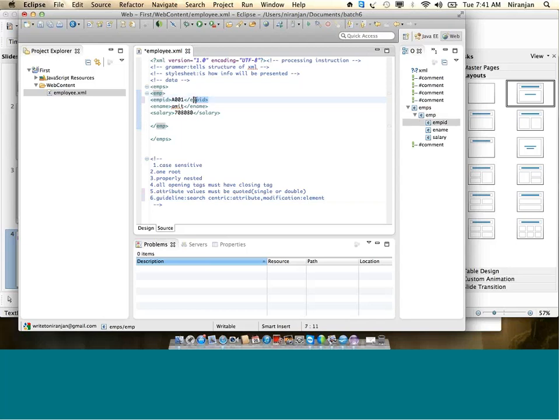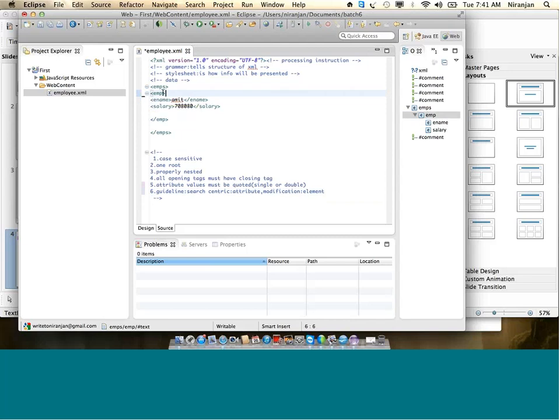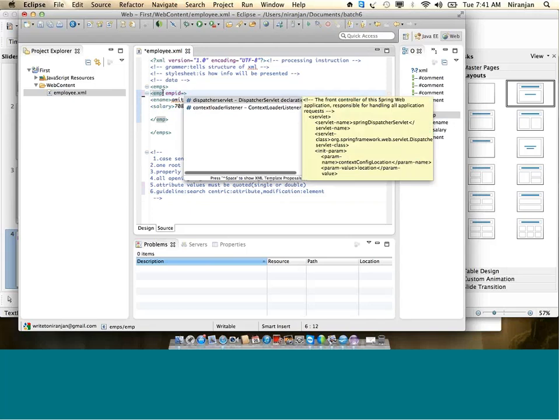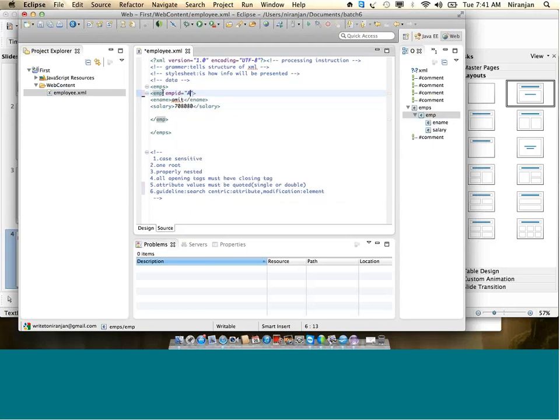An attribute is always in a pair: name of the attribute equal to value, and the value must be quoted. If you do not quote this value, you will get an error. It tells you clearly that an open quote is expected. So you can go with single quotes or double quotes. It's up to you. So these are 5-6 rules that you have to keep in mind whenever you create an